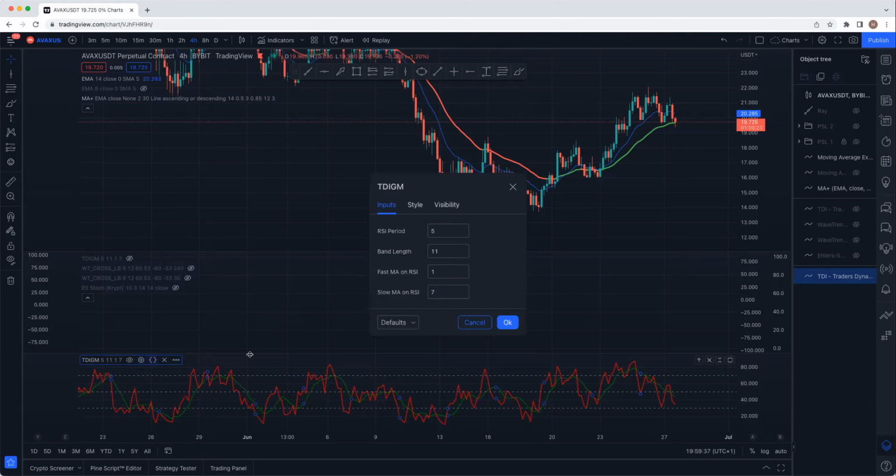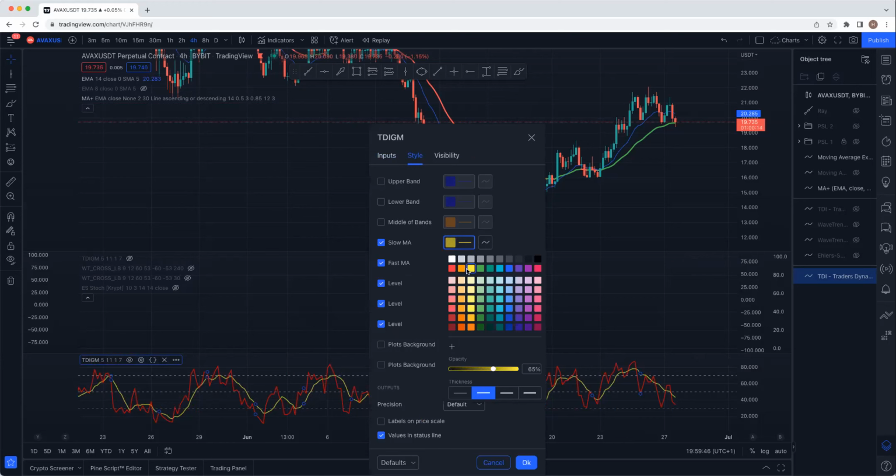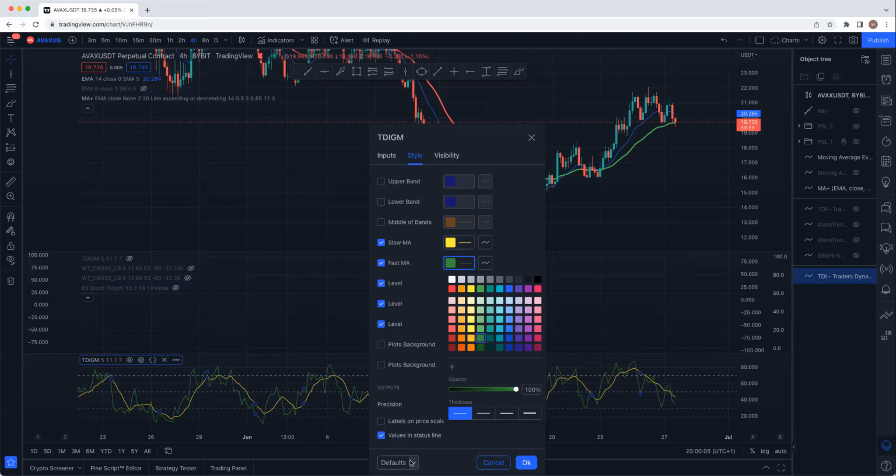The other thing you need to do is to change the colors. So go in here, that slow MA, click on the color. We want the slow MA to be yellow, and then select the thinnest of the lines, and then move the color to the end, 100% brightness. And then you click somewhere else. The fast MA should be green, as we said. Select the thinnest, move it to the brightest color, and then save as default.